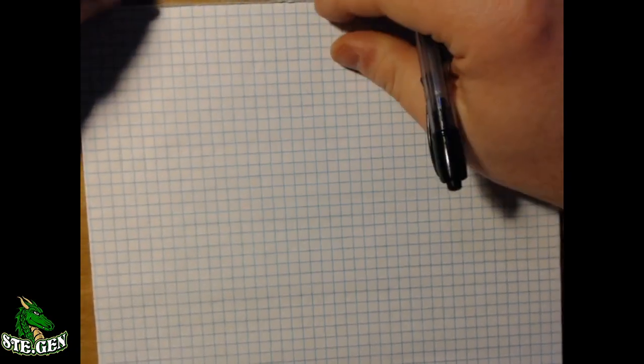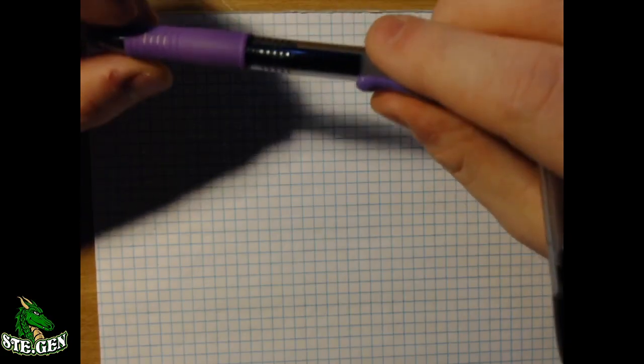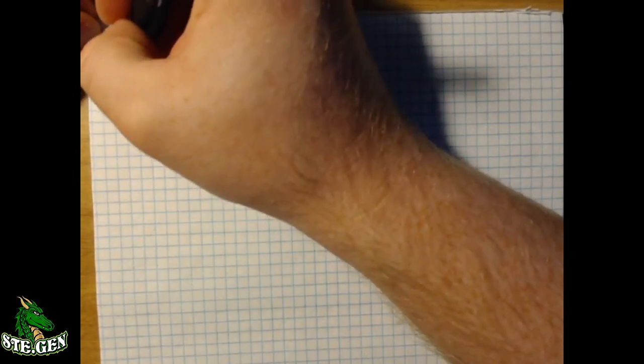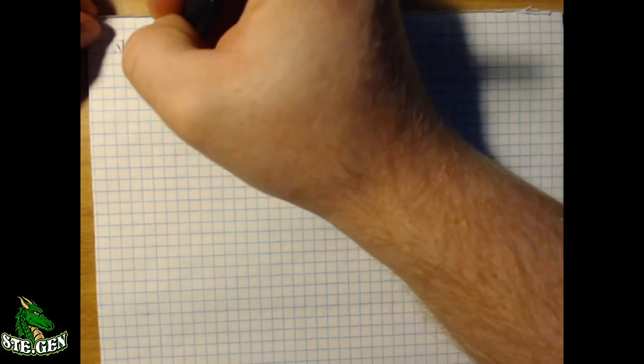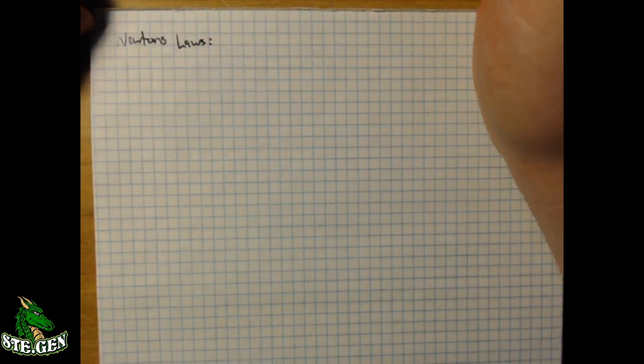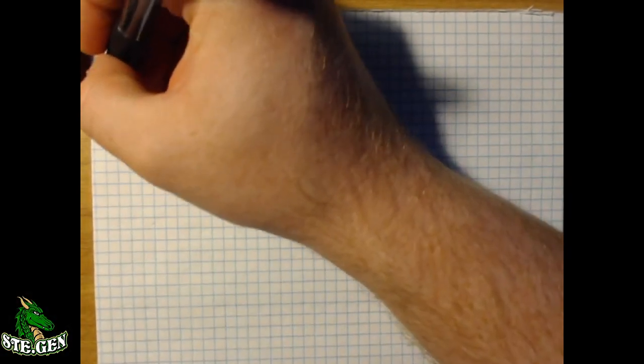I don't have any notes or any other explanation pieces. I'm just going to talk through all of the types of things and the types of forces that are going to show up in this chapter. So we'll start with Newton's laws. And again, I don't have a direction for this. It might be a little bit rambly here. So first is